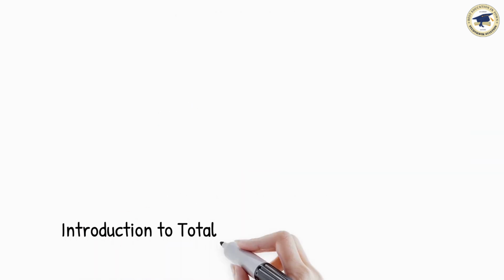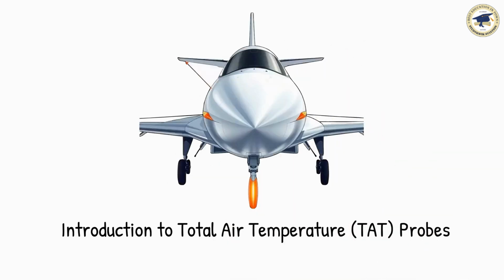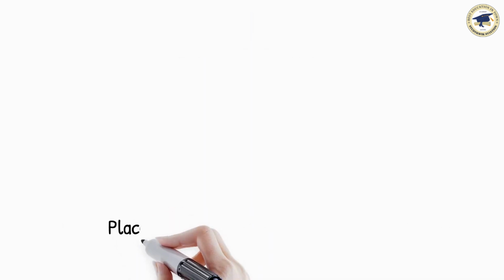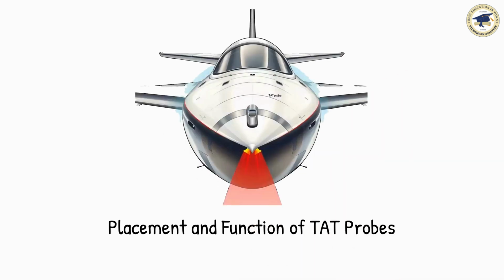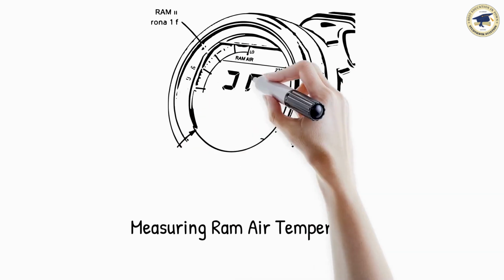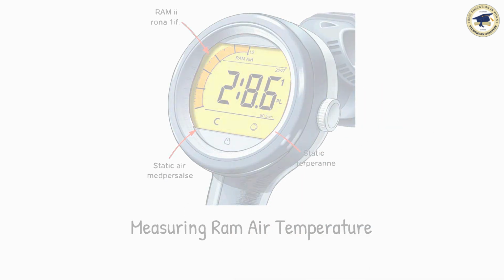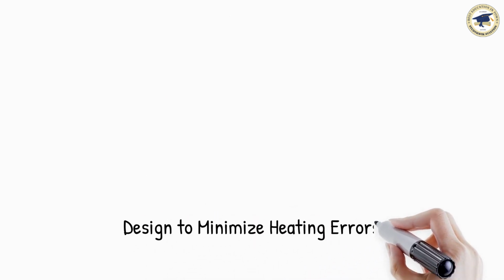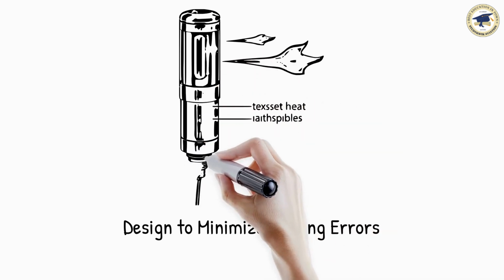Now let's focus on total air temperature, TAT, probes used on modern high-speed aircraft. A TAT probe is placed in the free airstream, usually on the nose or fuselage, where airflow is least disturbed. The probe measures ram air temperature, RAT, which is then corrected to obtain the static air temperature, SAT. To minimize heating errors, the probe is shaped like a small pitot tube with airflow slots that allow excess heat